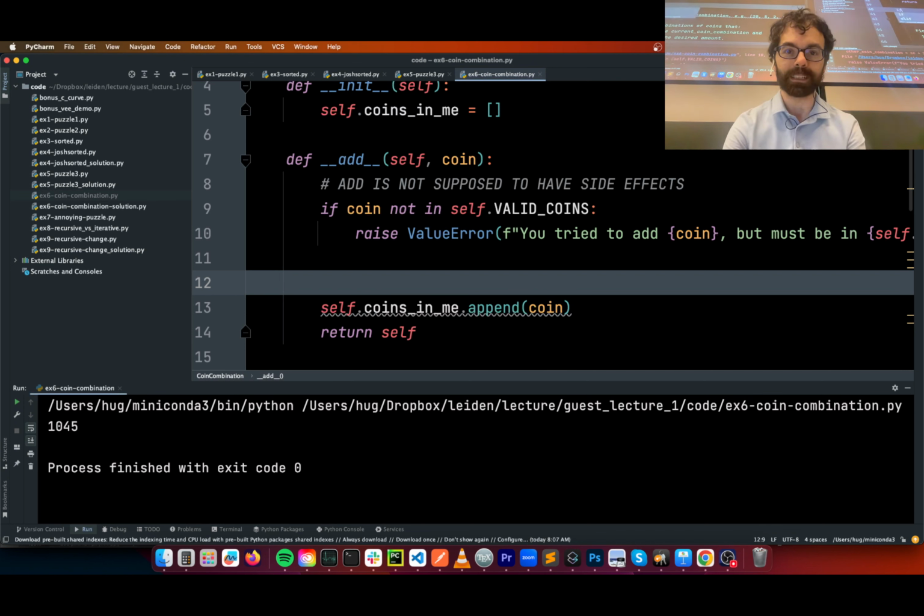When it's equal, right? So if the current coin combination is equal to amount, I went Java mode on you. Hold on, get rid of these parentheses. Then what do we do? We return for sure, but there's something else we need to do. Add it. So we've got to say valid combinations dot append current coin combination. All right, good. There's one more base case.